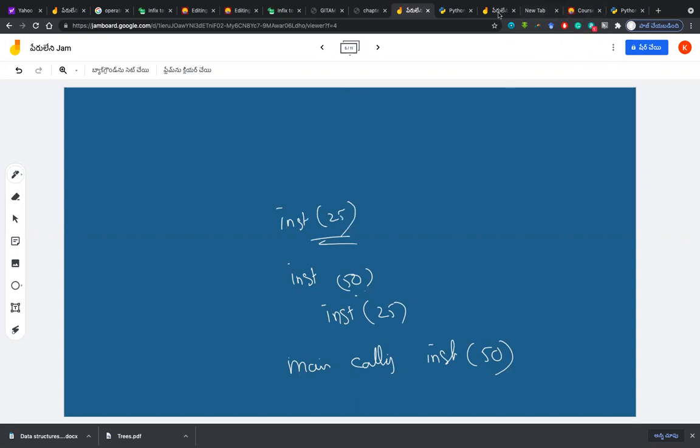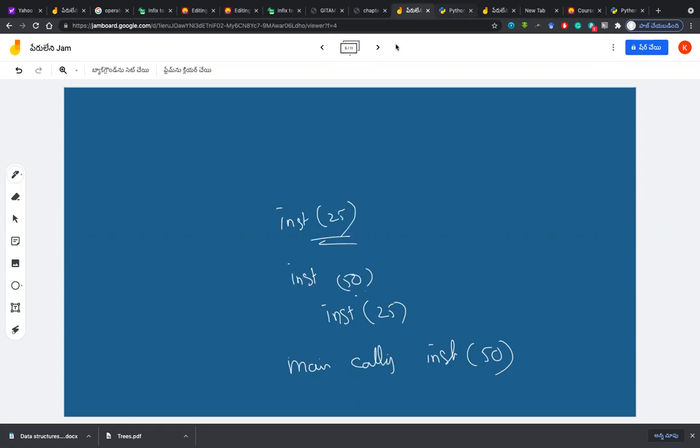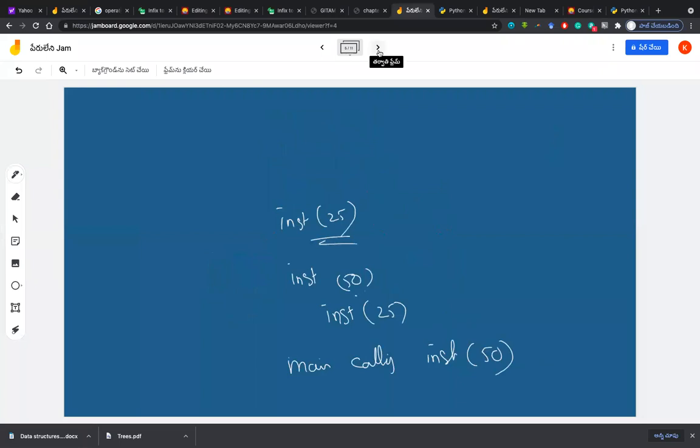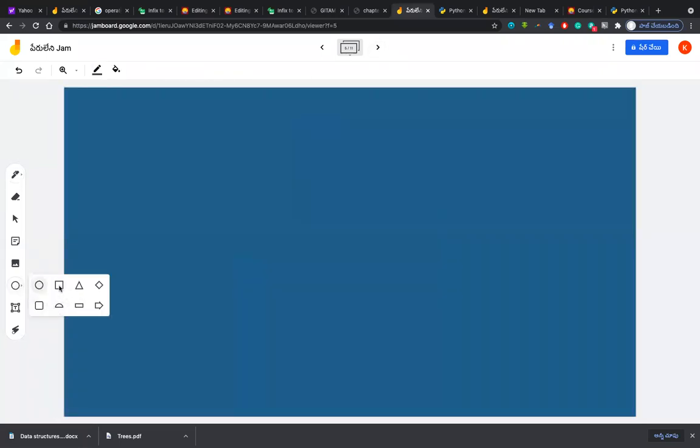Let's do this one. I have a small problem developed for you. So we will do it one by one. Okay? So let's go through this one. I will draw a small diagram so you will understand my intent. So we have already created a concept of a node with two ends, the left address, right address, and data.